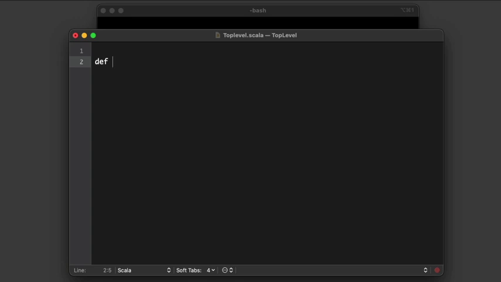And the only difference is that it's not contained in something else. It's not contained in a class or a trait or an object. So I'll just call this print hello, something simple like that. And it'll take a parameter and we'll call that name, and it'll be a string. It won't return anything, so we give it the unit return type. And then here, I just do a print line, and I will say hello